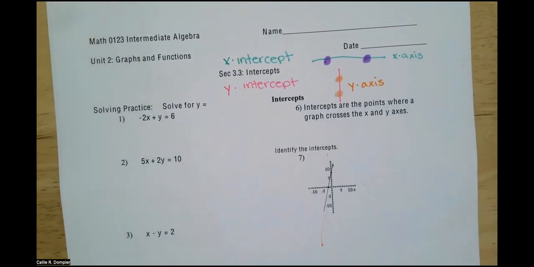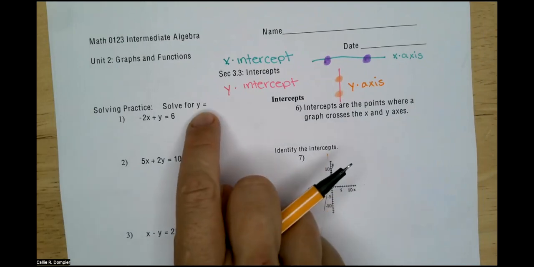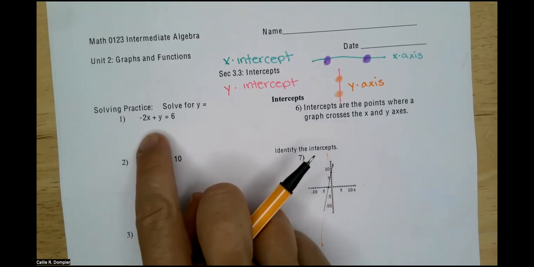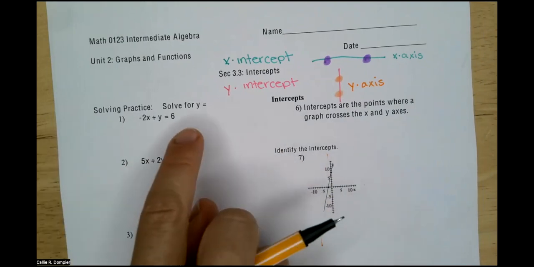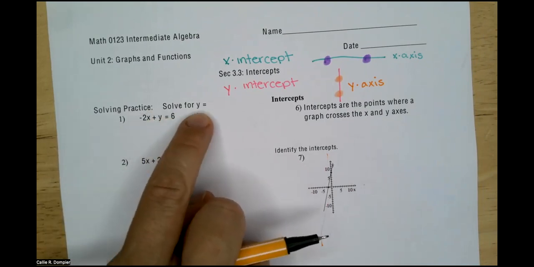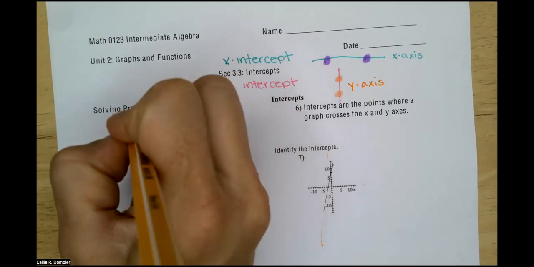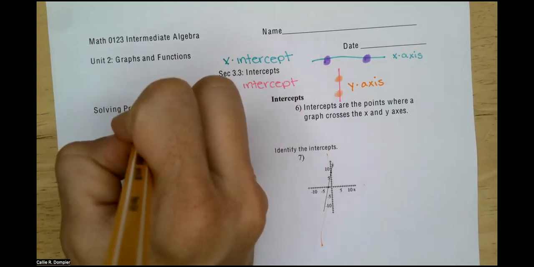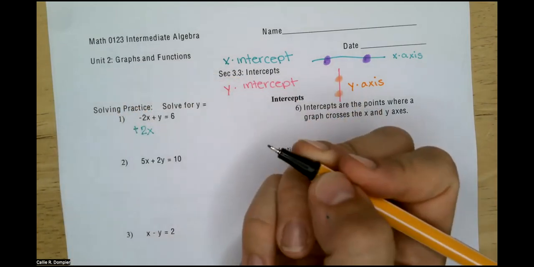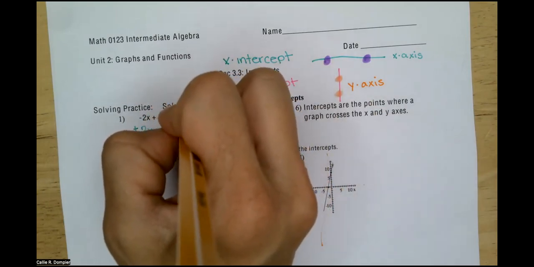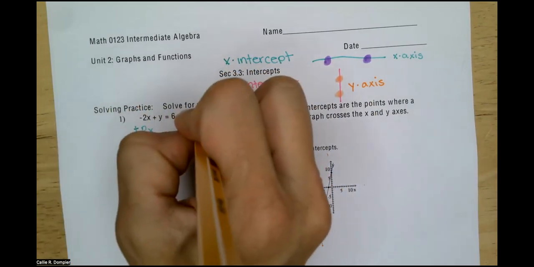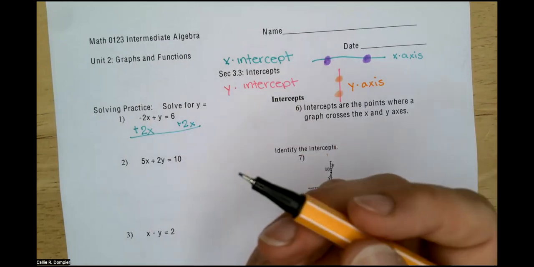All right. Let's just practice solving for y equals. That just means get everything on the opposite side of the equal sign, so you have y alone on the left side. Okay, that's all they're asking us to do when it says solve. Solve for y equals. We have negative 2x plus y equals 6. We're just going to move that 2x over. It's being subtracted from the y, so I'm going to add it. You don't need to put it right under the 6 because it's not the same